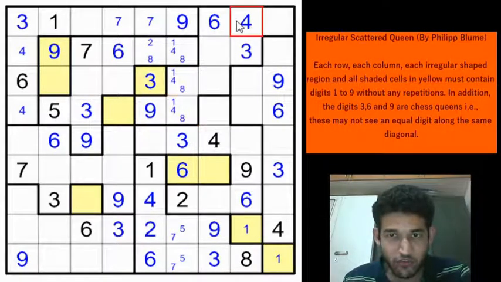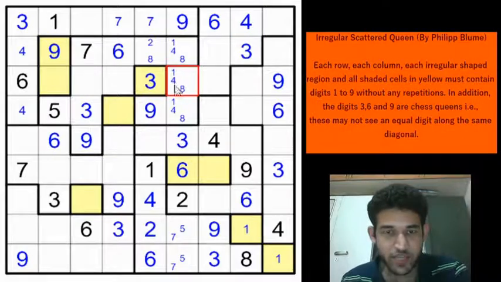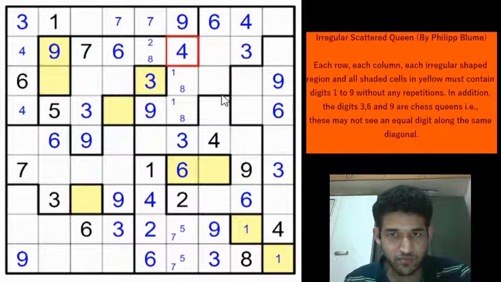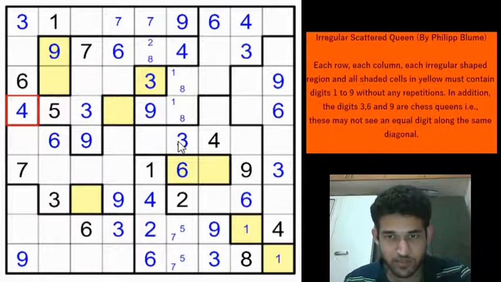But you have marked a 4 here, right? Which means you eliminate the 4 from these 2 cells, because this is in the same region as this 4. So this cannot be a 4 and this cannot be a 4, and that gives a 4 here. Right? And you can eliminate the 4 from here because of this 4. And now 4 in this region has only one cell left, which is here. I think we'll be able to place the 4s. So 4 is in one of these 3 cells in row 9. Okay, let's leave the 4s for now.